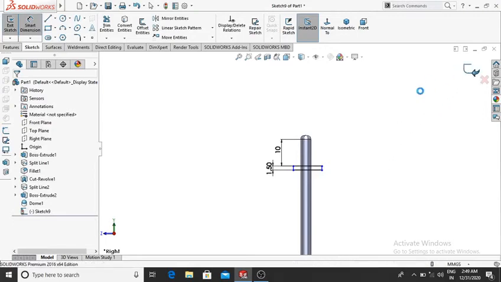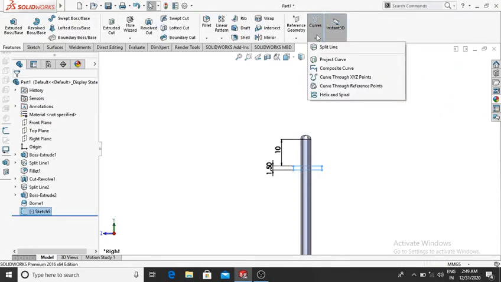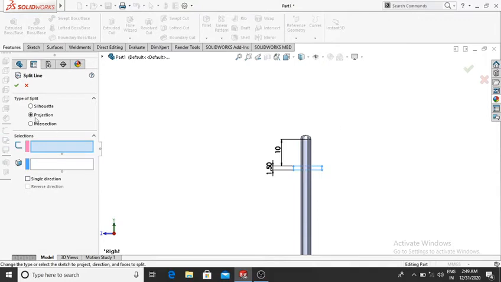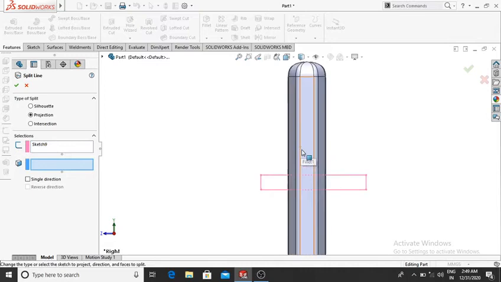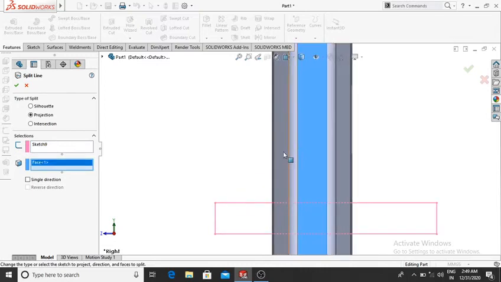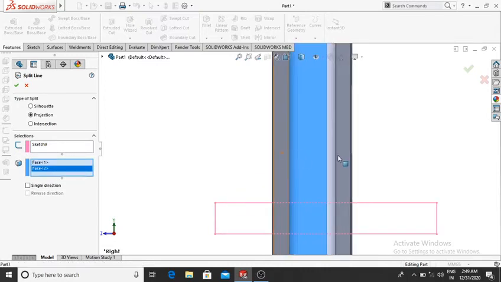Now exit the sketch, and here go to the curve, select split line, and select this sketch. Here we select this face. Select all these faces separately.